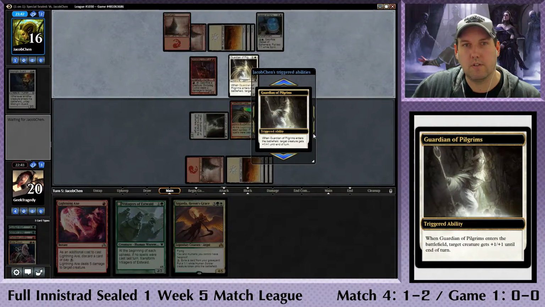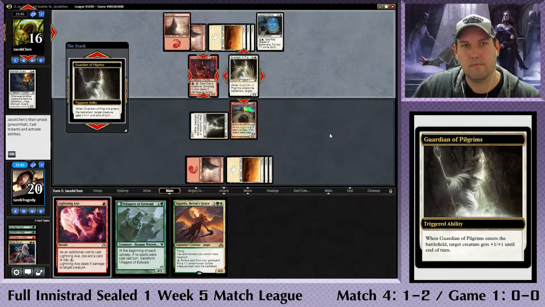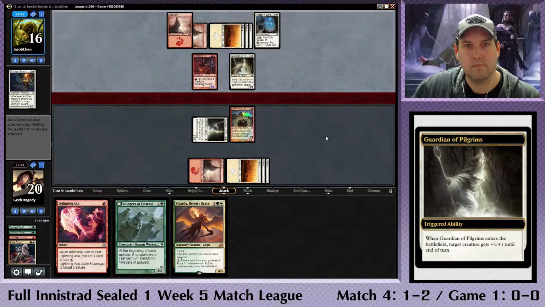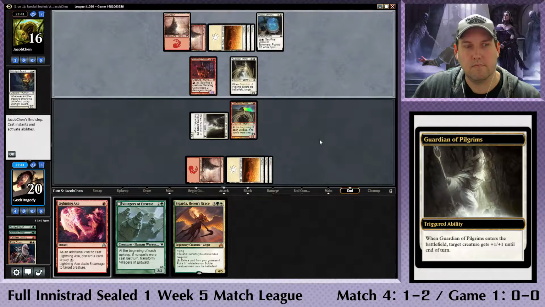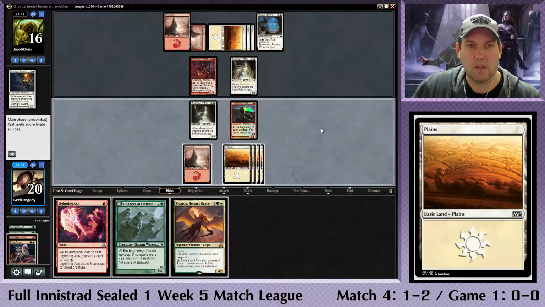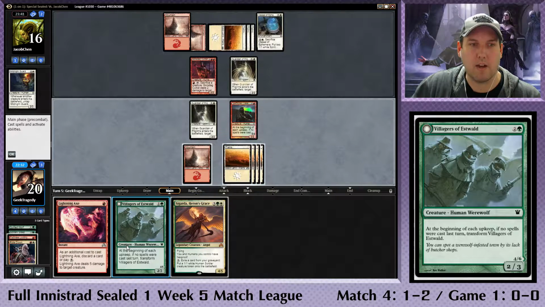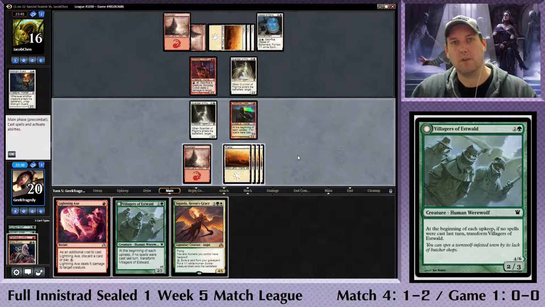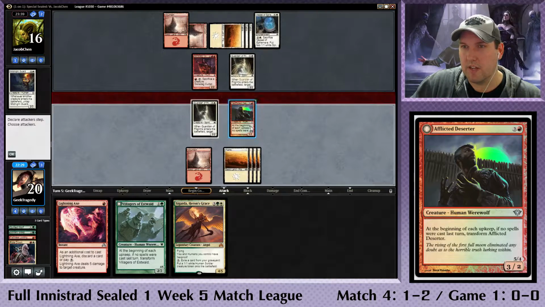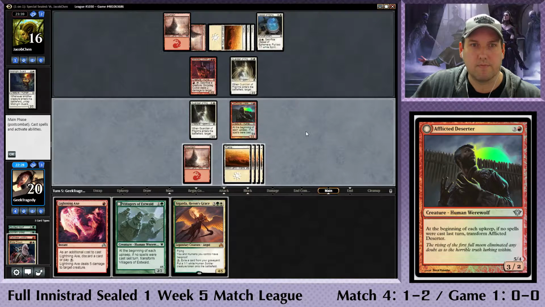Guardian of Pilgrims. No, okay. I thought they were going to swing in there. Might have wanted to keep that to pitch to Lightning Axe, but I'm probably just going to pitch the Villagers, seeing as how we don't have a forest. And I'm not going to attack, I'm just going to let Afflicted Deserter flip, so...